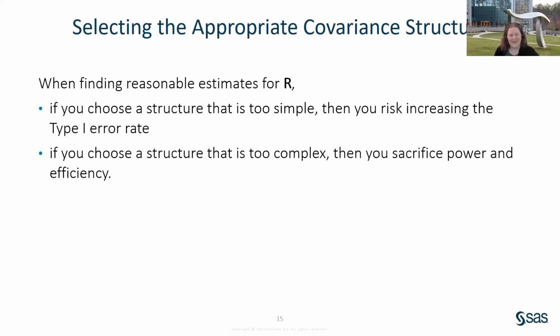And we're going to show you some different choices, but let's talk about why we actually care to spend some time picking a correct covariance structure. So if you choose a structure that is too simple, which is to say that you underestimate the variability in your data, if you treat your data like it's independent when it's actually correlated, then you risk increasing what's called your type 1 error rate. So a type 1 error occurs when you find a significant relationship that isn't actually truly